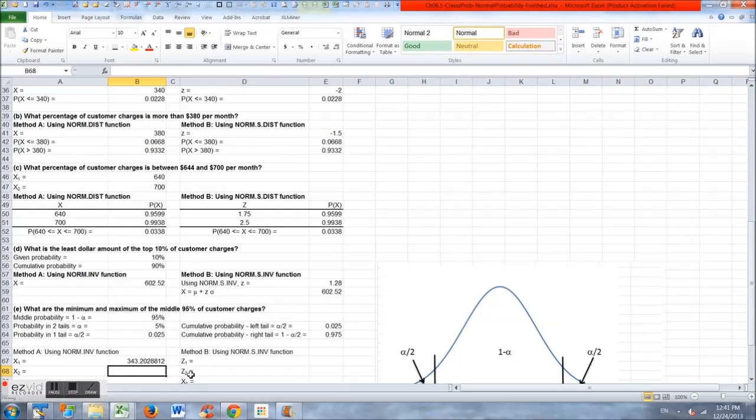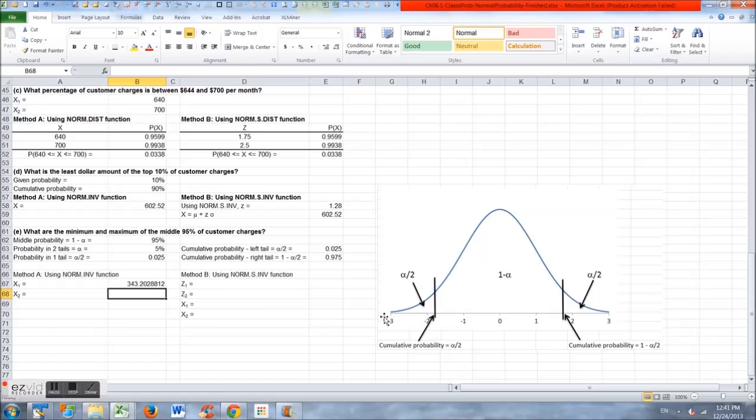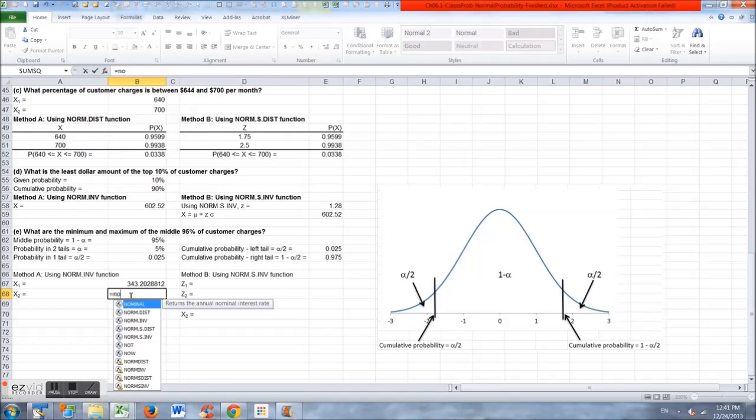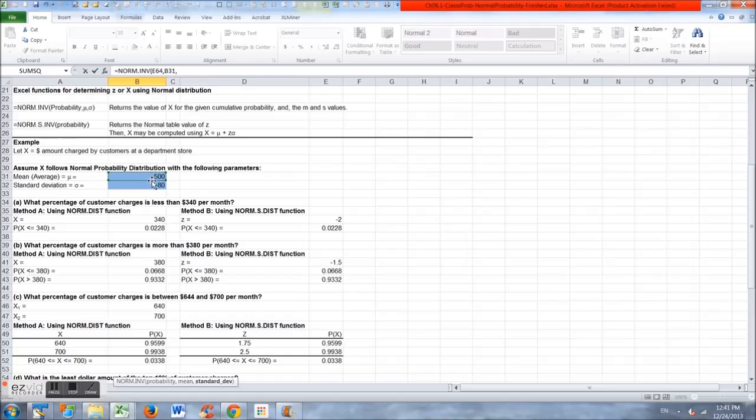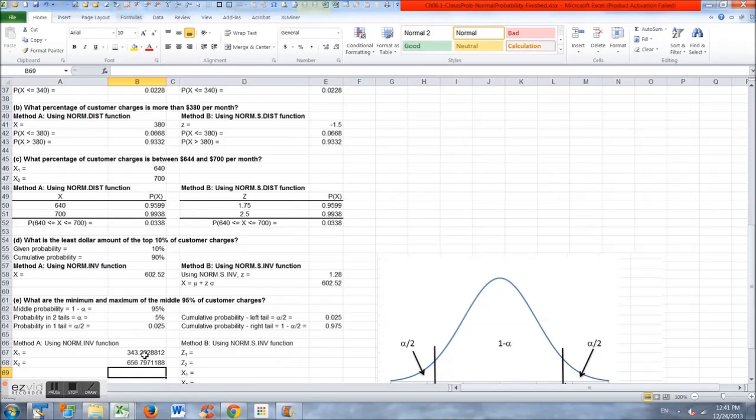That will give us the left point. Do the same thing for the right side tail: cumulative probability, mean mu, standard deviation sigma. That will give us the two x values